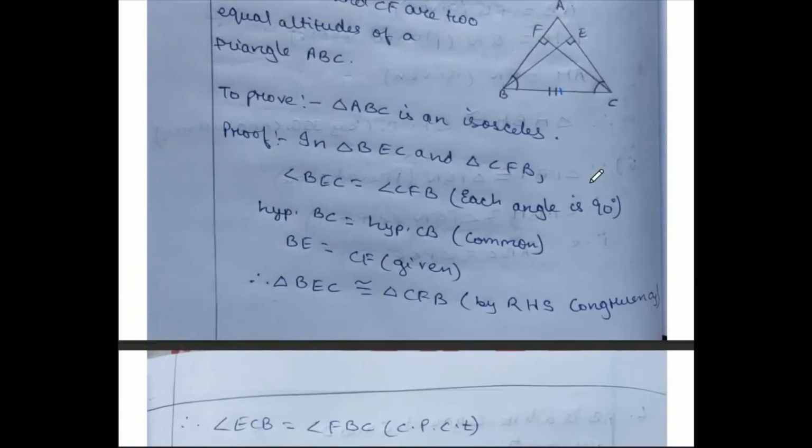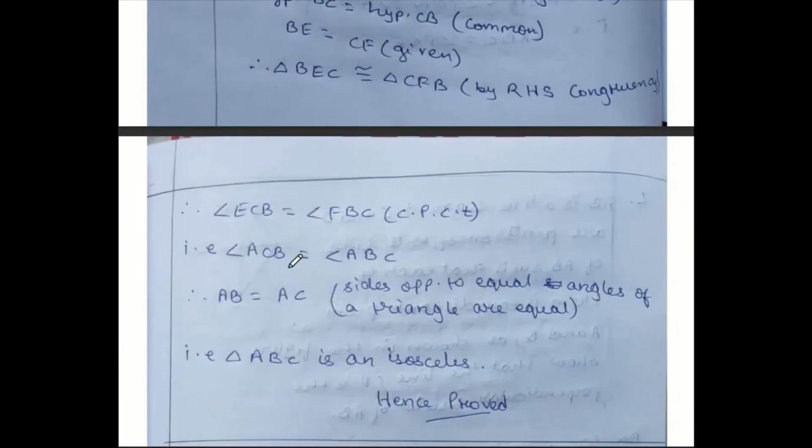Now you know that if these two angles are equal, then this opposite AB is coming and this opposite AC is coming. So this AC and this AB both are equal. That is sides opposite to equal angles of a triangle are equal. So since we found these two angles are already equal, we can write by CPCT, these two angles are already equal, then we can write its opposite sides are also equal. CPCT is already done here. So angle ACB opposite AB and angle ABC opposite is AC. So AB and AC both are equal, that is sides opposite to equal angles of a triangle are equal. So if two sides are equal, then you know that triangle is an isosceles triangle. Hence proved.